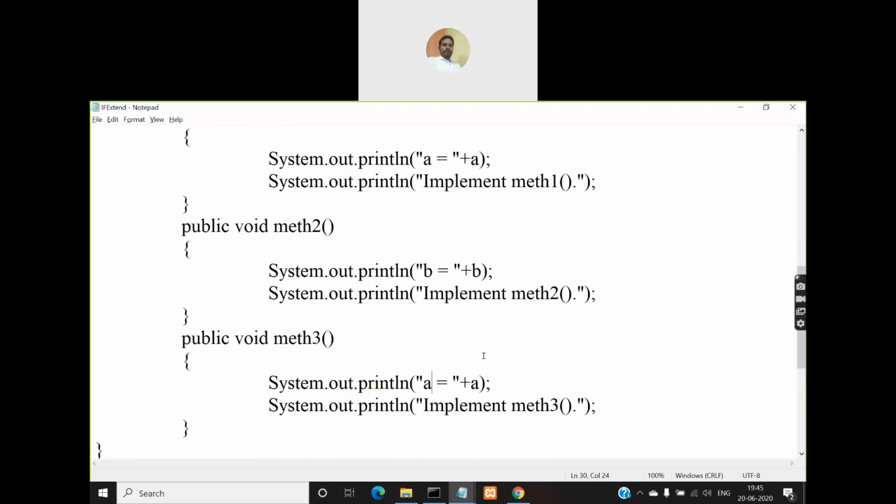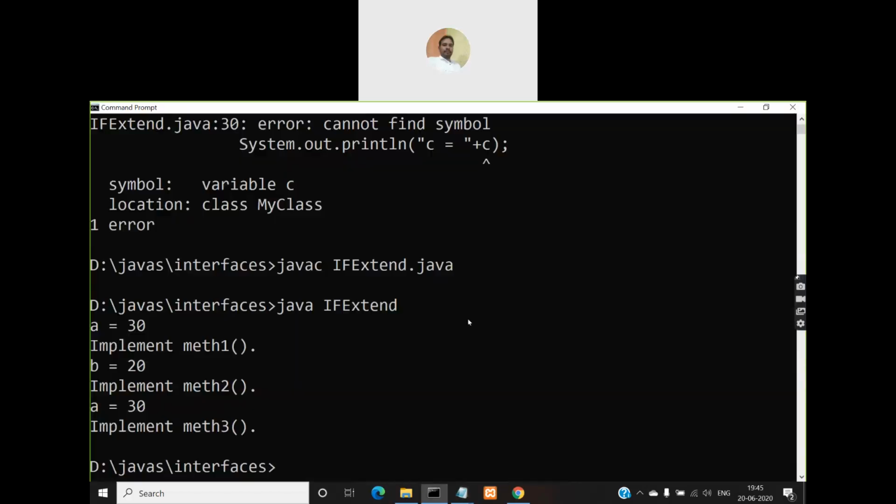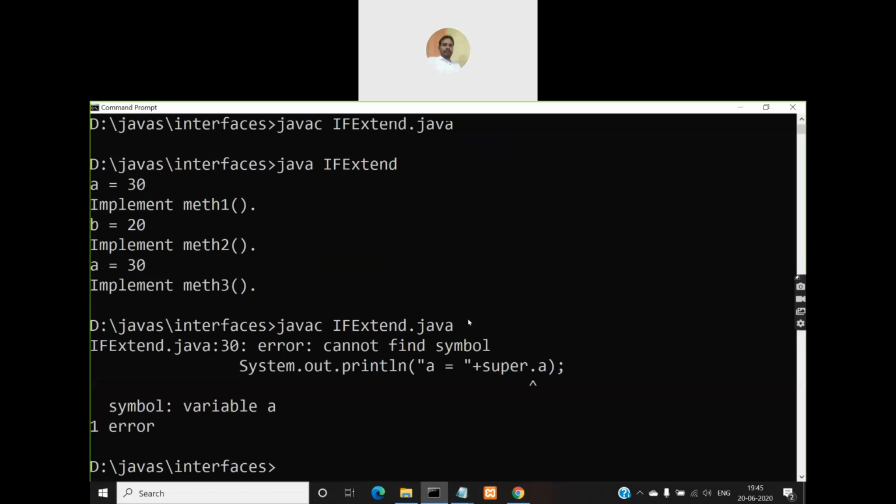So can we use the super keyword like we used in classes, like this? See what you're getting: cannot find symbol. And what is that symbol? Variable a.